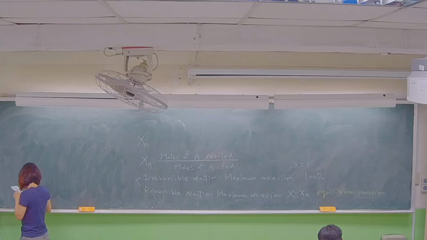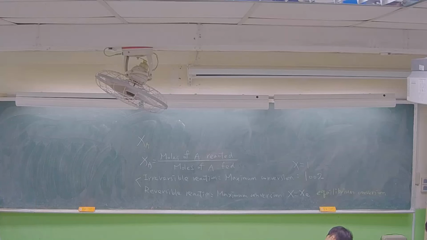So slide 5. The conversion increases with time spent in the reactor. For batch reactor, if you remember, the characteristic equation is for time, right? For batch, t is equal to something. So time is important for batch reactor. The longer for the reaction, higher conversion you will get. Okay? So for batch reactor,